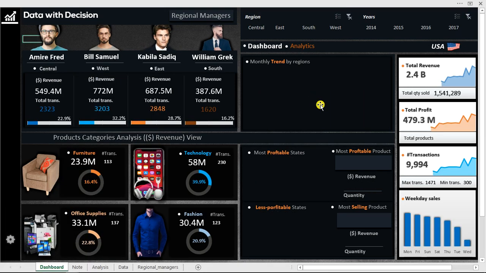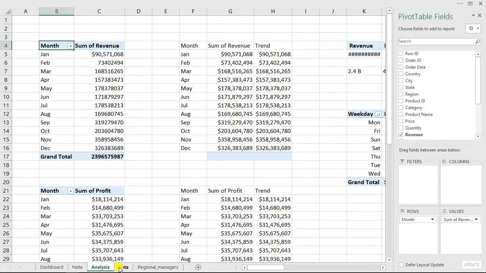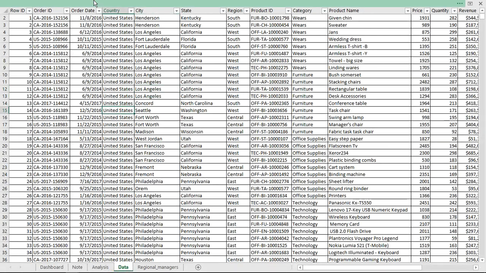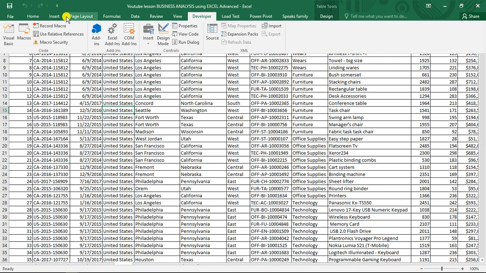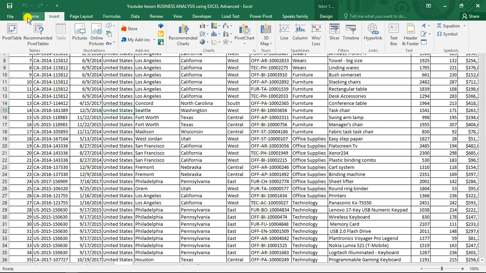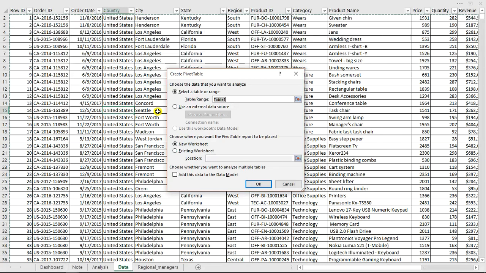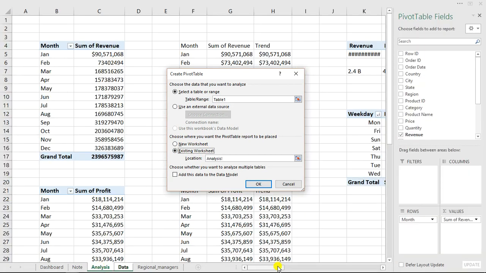So I'm going to go back right here, and here we go. Now we hit back again. So what we're going to do right now, I'm going to go to my analysis, or go to the data for the first time. So click on data, and here we go. We're going to click on insert, and now we're going to hit this particular pivot table. And once we hit pivot table, don't use the new workbook, because we're going to be using the existing one. But if you are creating this for a manager or for a client, please use the new workbook